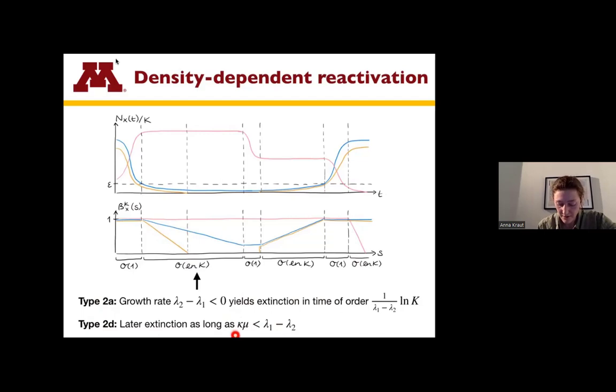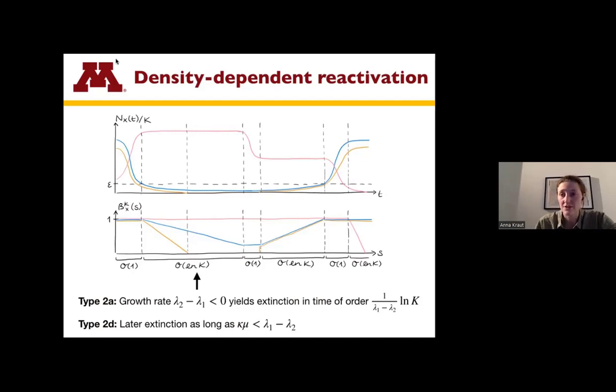However, if the death rate of the dormant cells is relatively small, they will be able to survive longer than the active cells because they don't get this input anymore from active cells becoming dormant, but their death rate is actually smaller than the net growth rate of the active individual. So what can happen is that this dormancy then allows for a longer survival of the